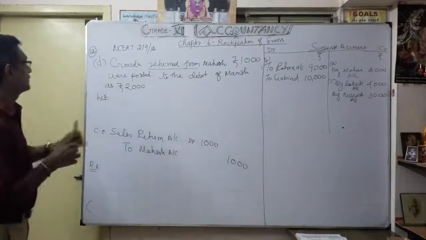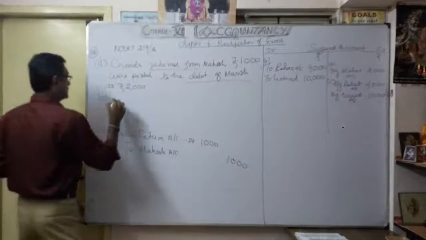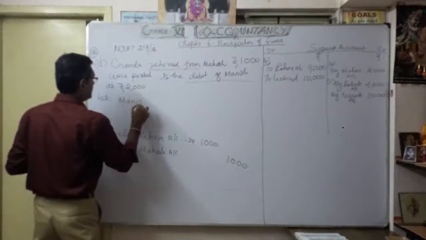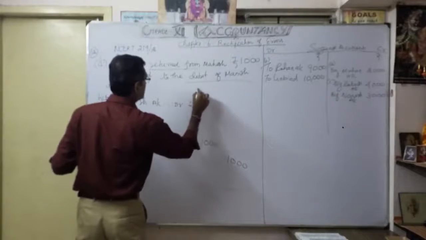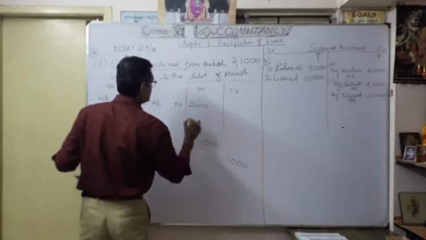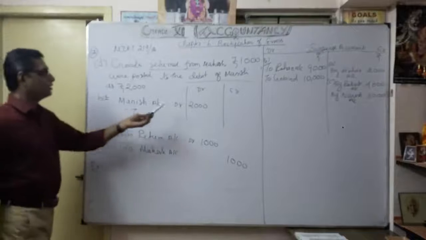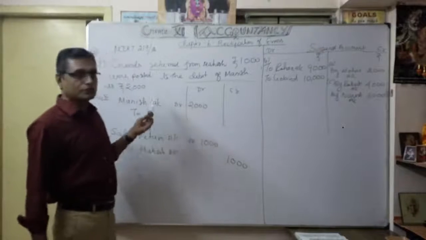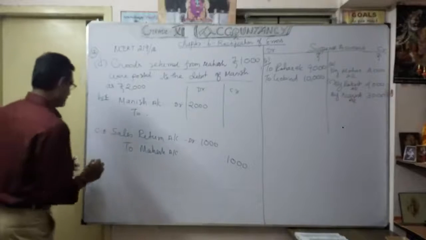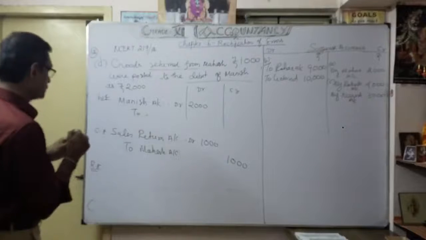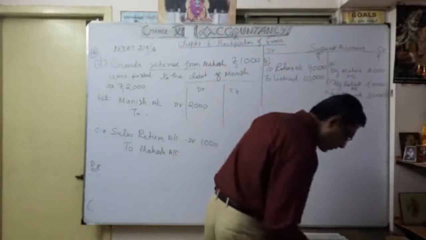But what happened? Entry is wrongly done. They posted to the debit of Manish. So what happened? They debited Manish account 2,000. Understood now? So debit, credit. Okay, so here it is blank. So only one side error. So amount also wrong instead of 1,000. So instead of credit they debited. Now understood about the rectification of this entry. So in a rectification entry, which is correct? You want to do the correct one. Sales return account 1,000. Okay, that is the entry you are going to pass.